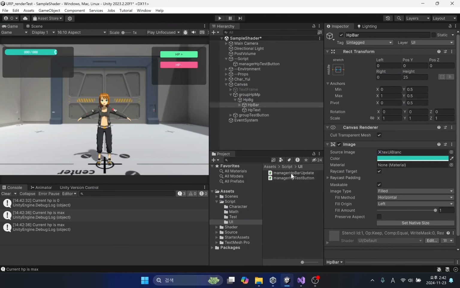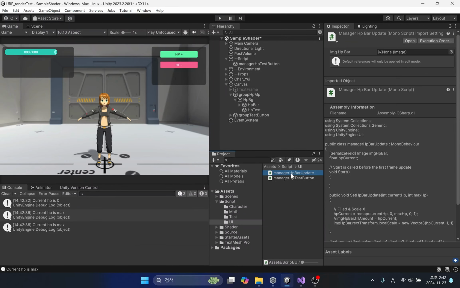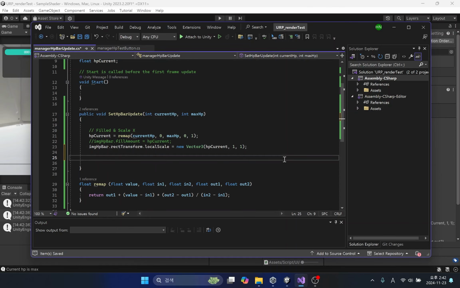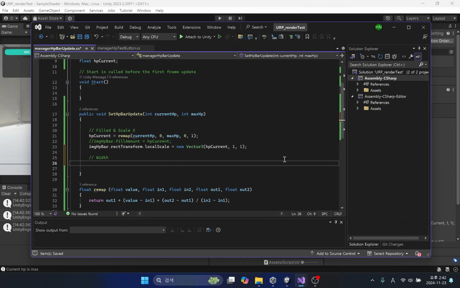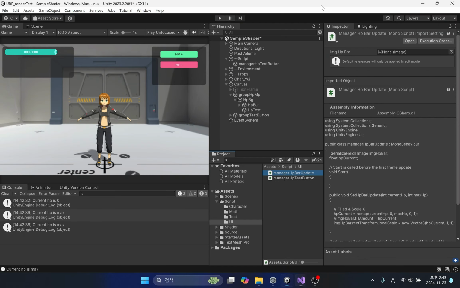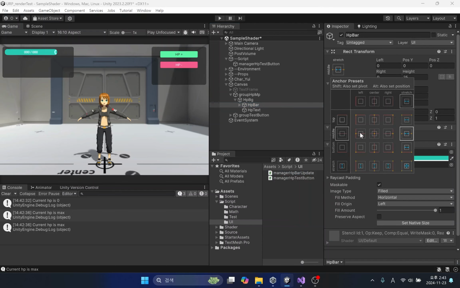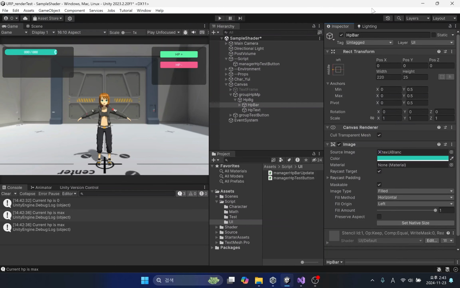Now let's change the length of the HP bar by changing the width of the rect transform. If you change the width, you can see the child images of the HP bar move as well.